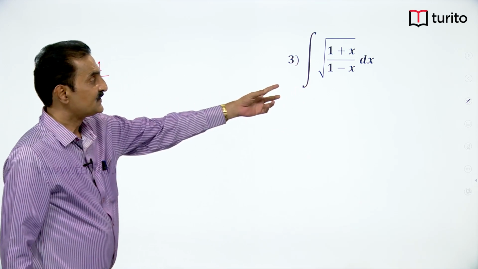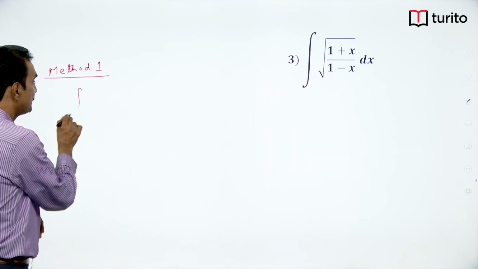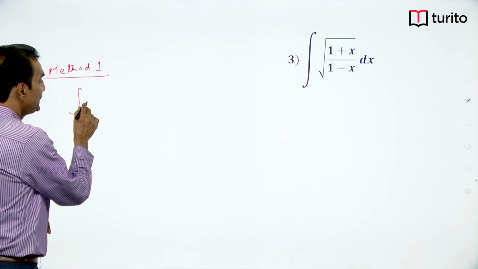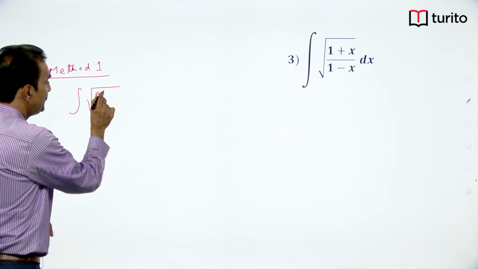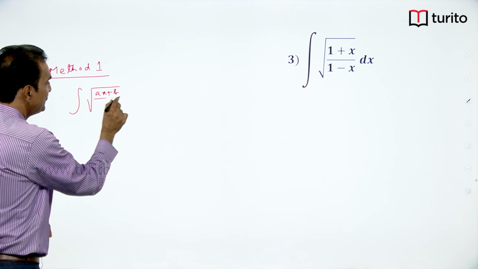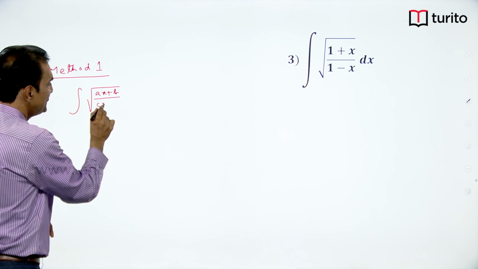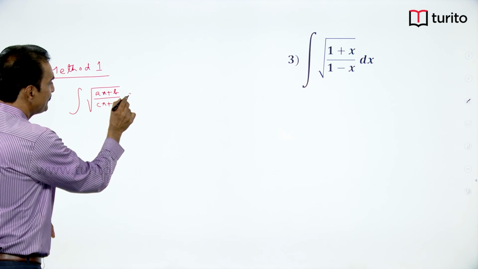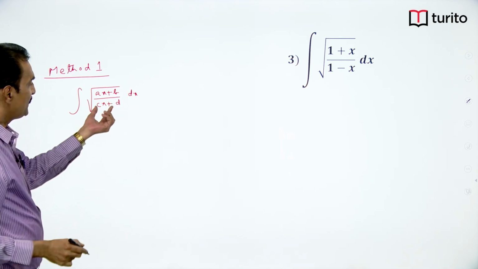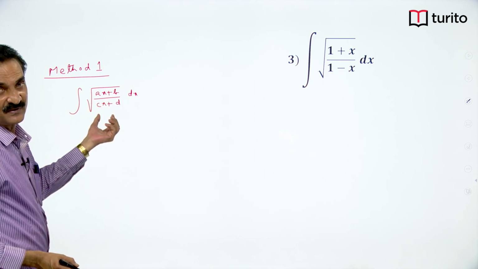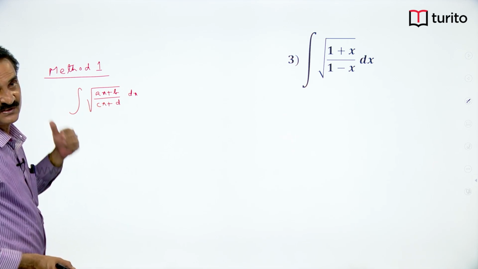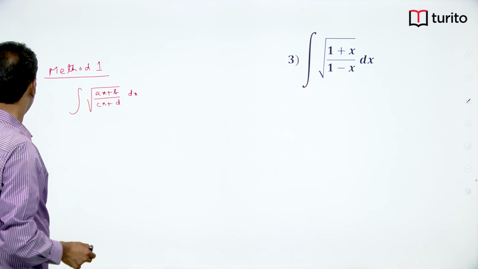As we have discussed, if the integrand is in the form of root ax plus b by root cx plus d, we can put the term which is there in the denominator as t square. Put cx plus d is equal to t square. So,